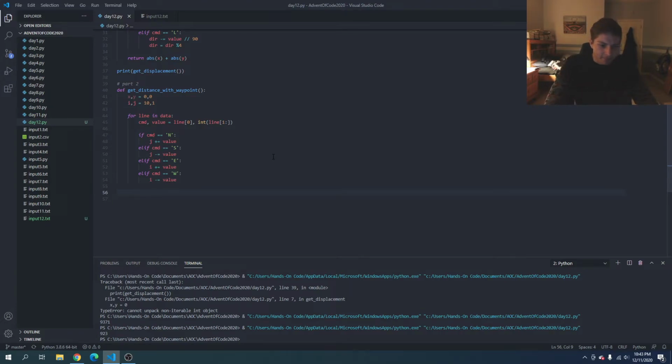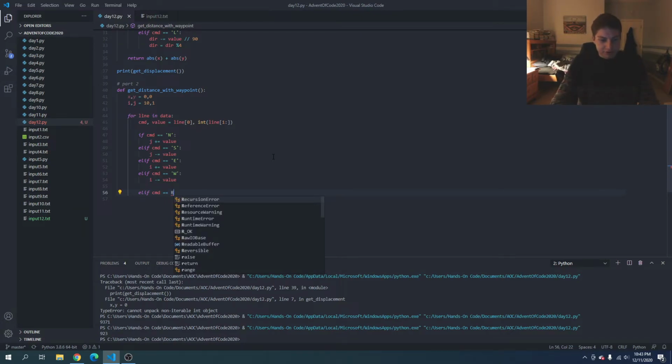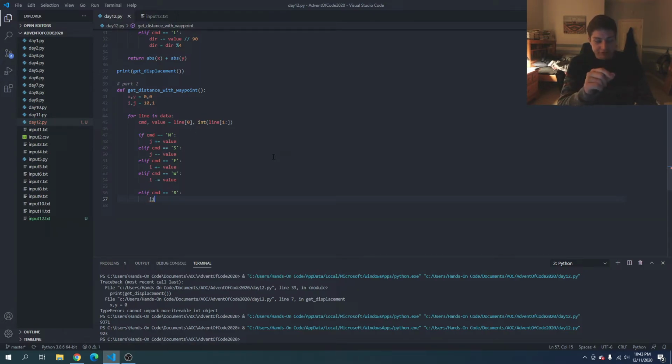So let's see. So else if CMD is equal to R. So we are rotating clockwise. So we'll call our new I value I1, and I think we have to use this new I value because if we just set I directly, then when we go to calculate the new J, it'll use the updated I, and I don't think things are going to work. So we're going to say I1 is going to be equal to, and so if we imagine here an XY plane, a Cartesian plane,